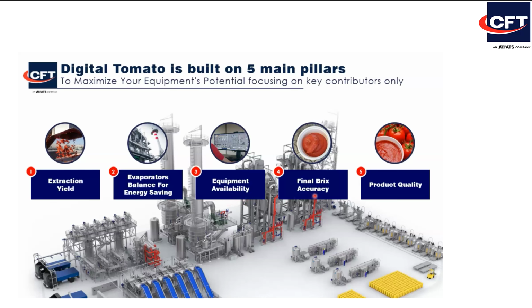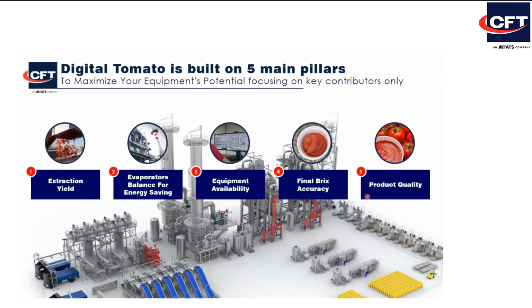Fourth pillar is the final brix accuracy. This is one of the most important points where most money and value can be saved. By not having full control of the brix, like for instance when I'm producing a 30-32 brix, and eventually I'm targeting 31.2 to have a safety margin, what I'm doing is I'm giving away water, which I am extracting in the evaporator,